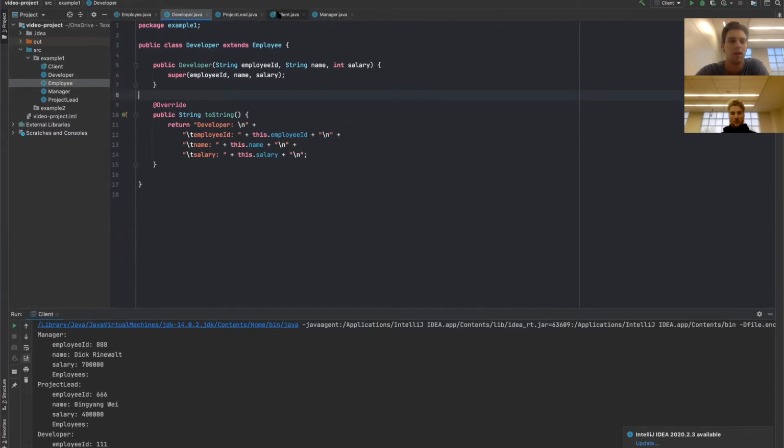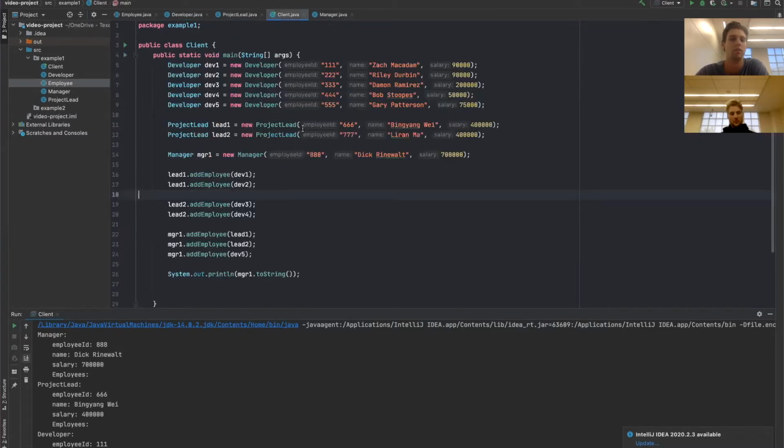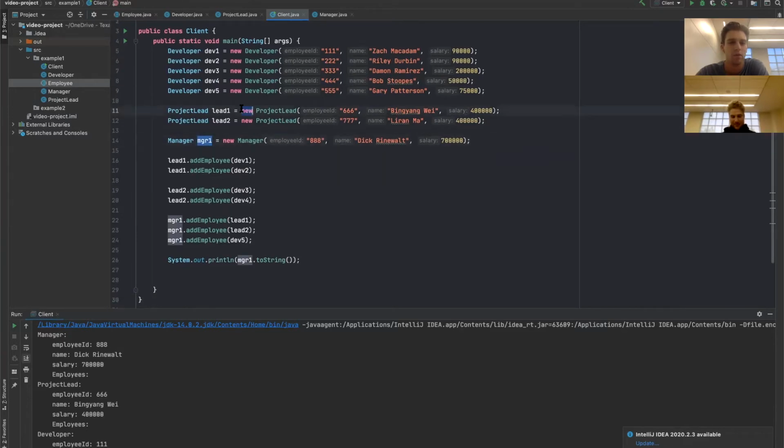And then an example of the client would be just like a main method right here where all the data is initialized. So we make 5 developers, and then we have 2 leads. We have Dr. Wei, who's making $400,000 a year, and then we have 1 manager. And for Dr. Wei, we'll